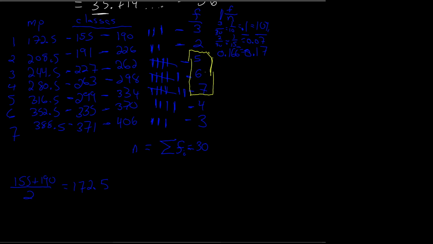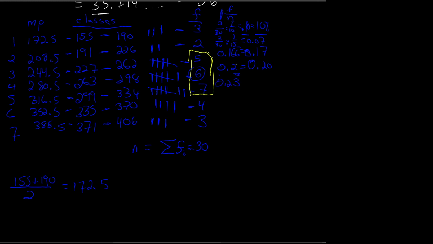17%. So 6 divided by 30, right, my frequency divided by n. And so that's what I'm doing with this whole column. And so 6 divided by 30 is 0.2, I'll say 20%. I'll keep the two decimal places, so I should probably keep the 0 here so that it translates. So 7 divided by 30, because again my f is 7 and my n is 30, is